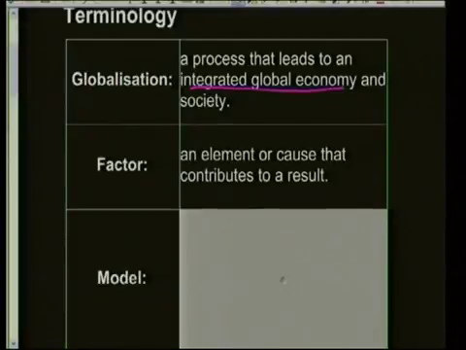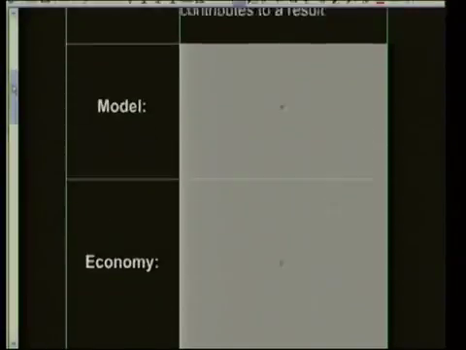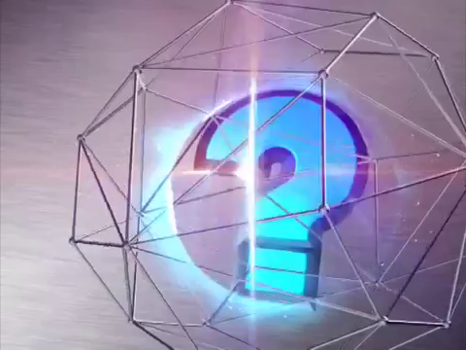All right, when we refer to factors, we are looking at elements or causes that will contribute to a specific result. So if we look at the factors affecting development, we are looking at factors that are going to contribute to development or cause different results in different forms of development. One of the things that we look at in terms of our frameworks is we have certain models that development has been based on, and therefore